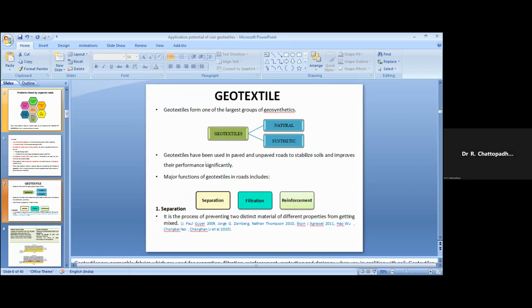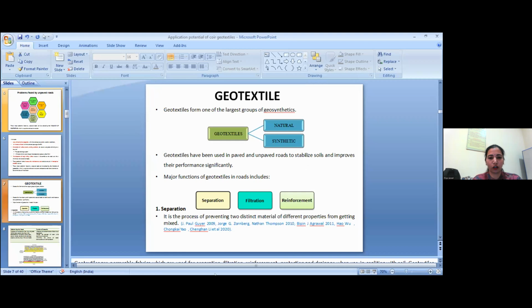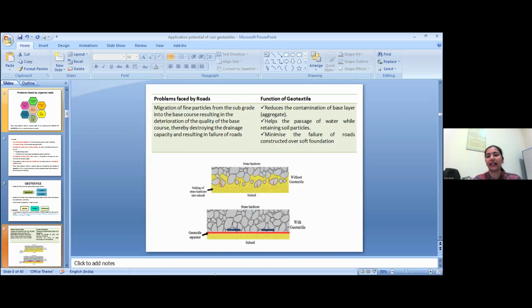Okay, so we are covering geotextile. Geotextiles have been used in paved and unpaved roads to stabilize soil and improve their performance significantly. The major functions performed by geotextile in roads include separation. If we look at both these diagrams, in the first case the geotextile is not included at the interface of the base and subbase layer, due to which on application of wheel load, the intermixing of all these